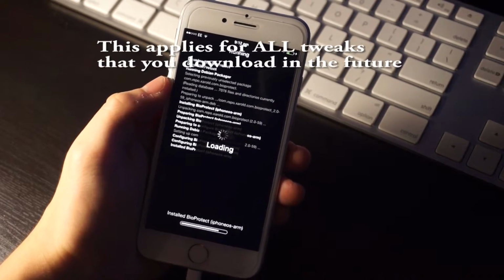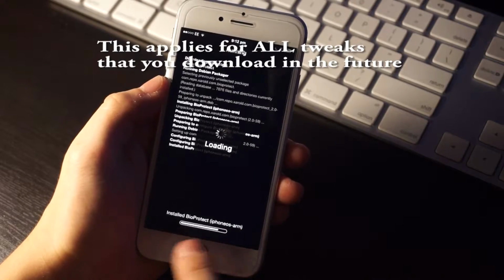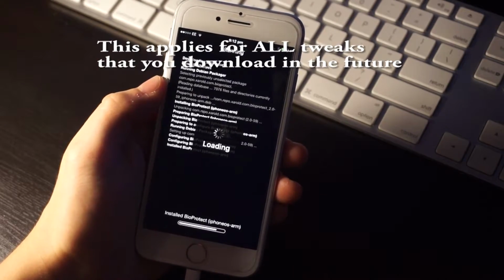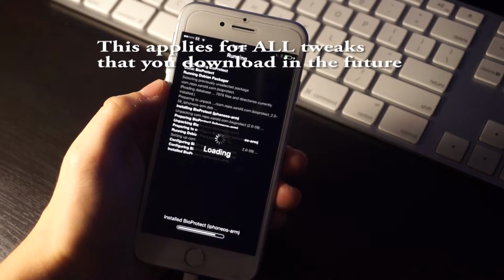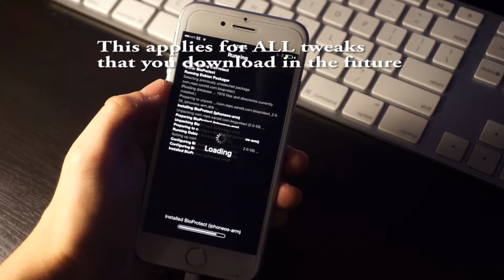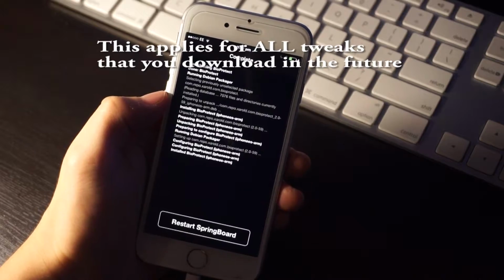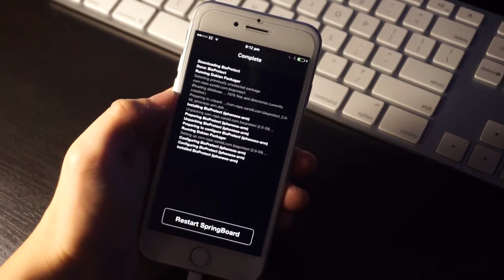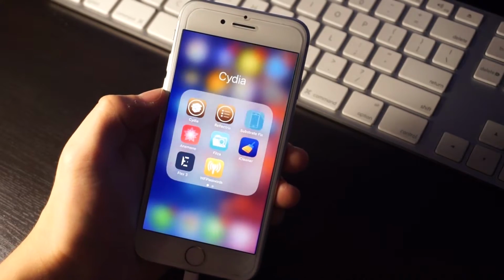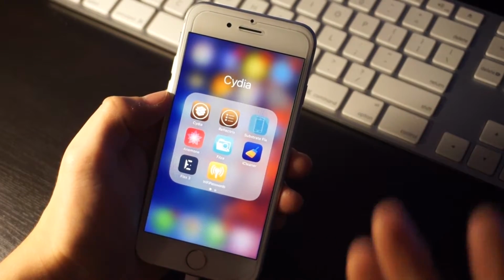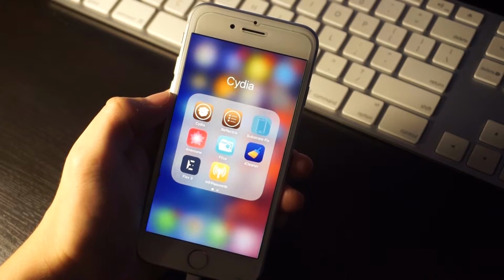Once it's finished loading, it'll say Respring iPhone at the bottom. You do not want to click that, because if you click that, your iPhone will just come up with a black screen and you'll need to do a hard restart. So instead of clicking Restart Springboard, what you want to do is close out Cydia, and when you downloaded the Substrate